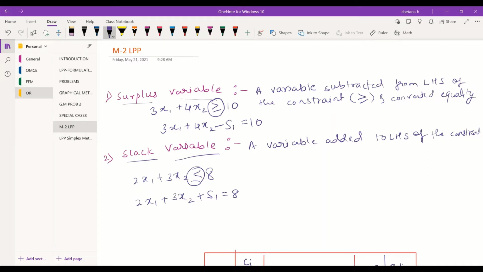And basic feasible solution is nothing but one which satisfies x greater than 0, that is the decision variable is greater than 0, then we always take that as the basic feasible solution. That indicates the decision variables cannot be negative. That is what we always take as the prime condition in solving the LPPs.